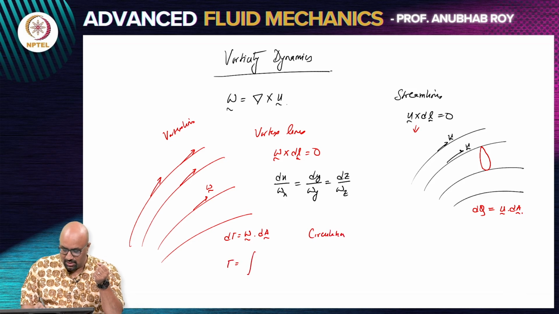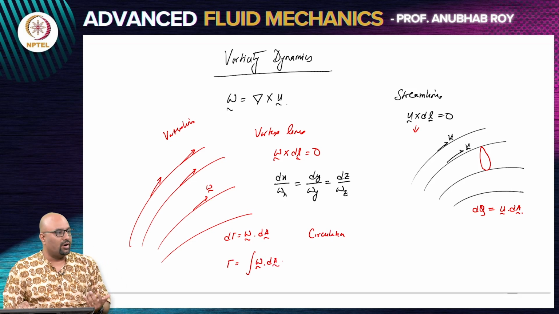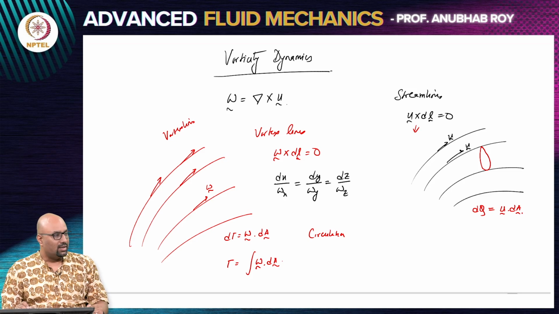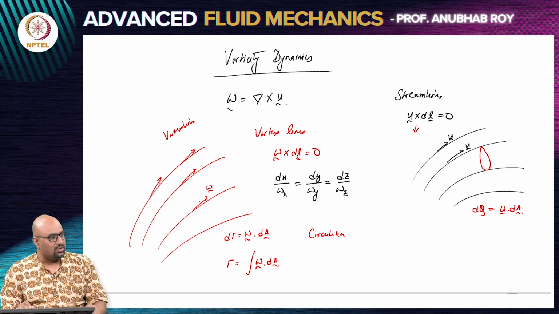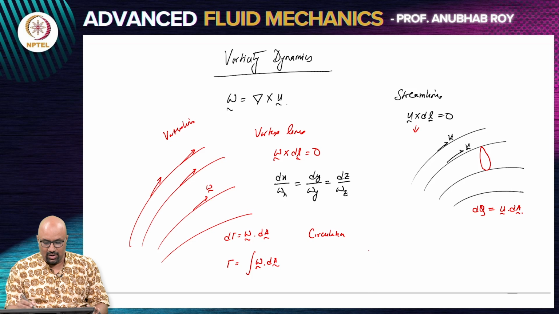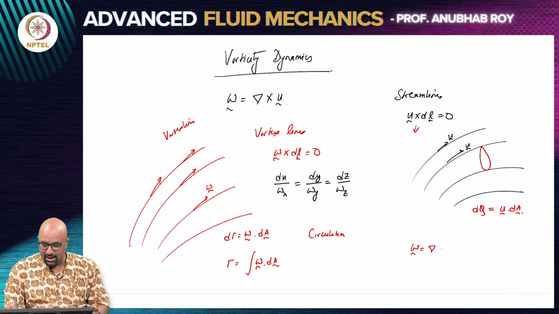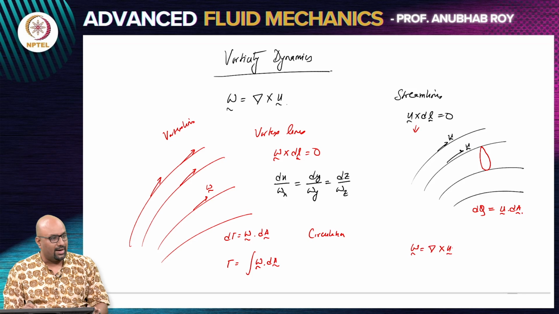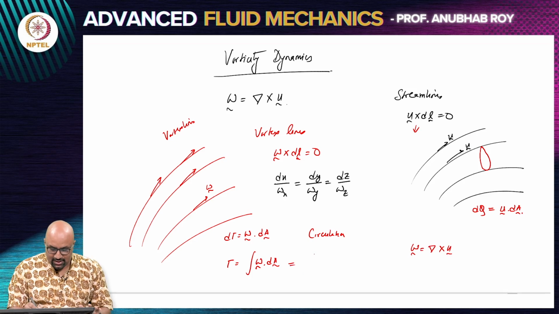So, circulation is a quantity that is equivalent to what flow rate is for velocity. Here you have a rate for the vorticity: if you draw these vortex lines, how much vorticity is getting transported through those regions. So, omega dot dA is the quantity that gives the circulation. Now, we can make this a little bit simpler, because we know there is a relation between velocity and vorticity. Omega is curl of u. So, if I substitute it here as curl of u,